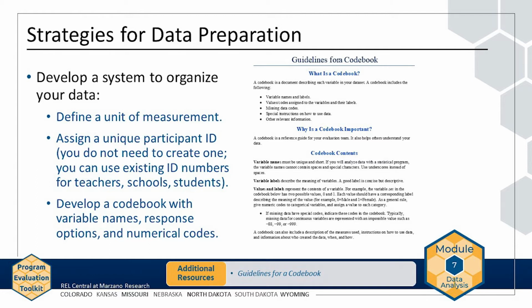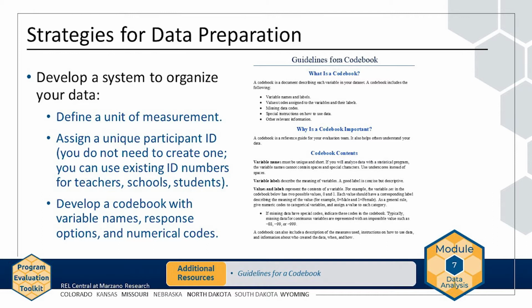Next, develop a codebook with variable names, response options, and numerical codes. This will allow you to clearly specify how data elements will be defined and operationalized. The handout, Guidelines for a Codebook, available on the resources page of the website, includes a more in-depth definition of what a codebook is and does, a strong rationale and guidance for developing a codebook, and a sample codebook to